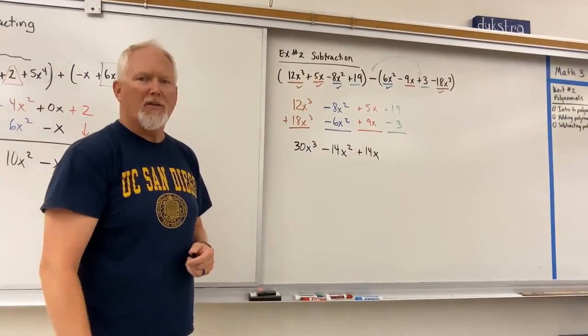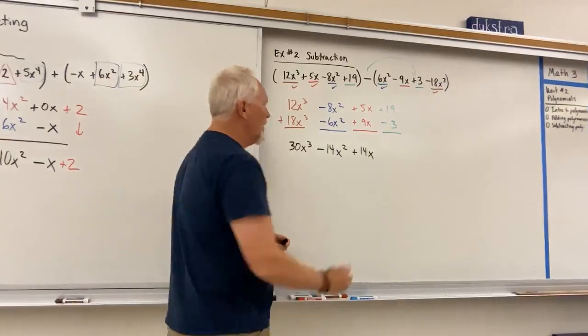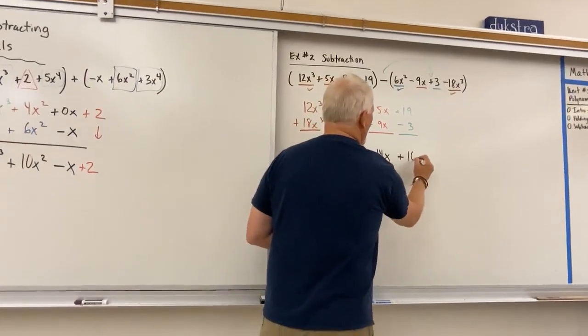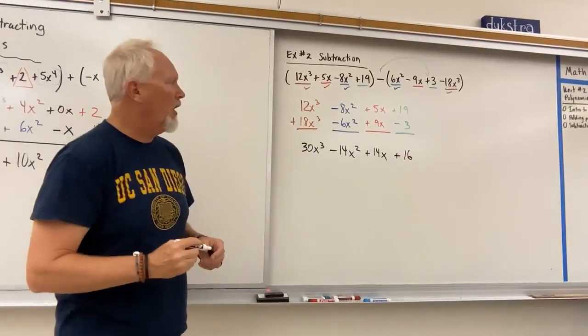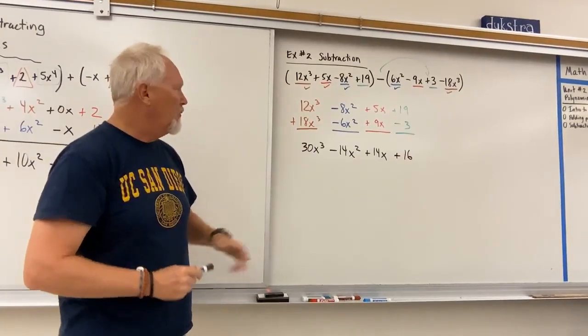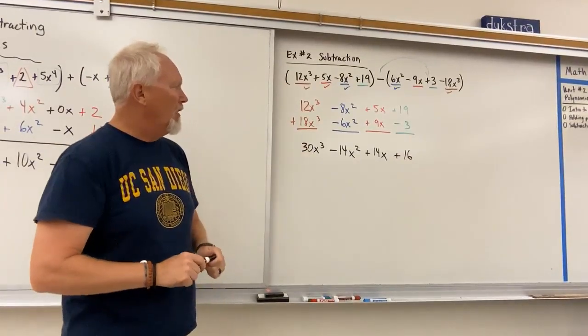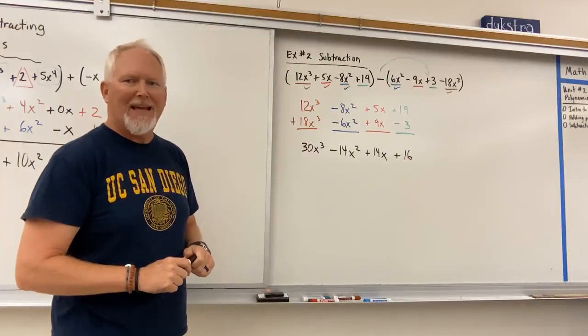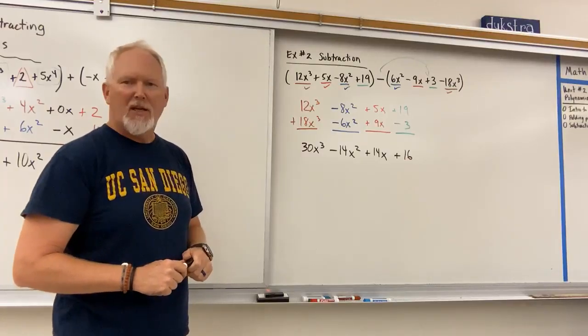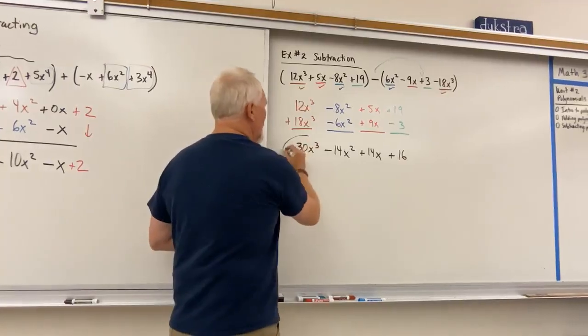And then a positive 19 minus 3 is a positive 16. Okay? So we are left with 30x cubed minus 14x squared plus 14x plus 16 as our final result for